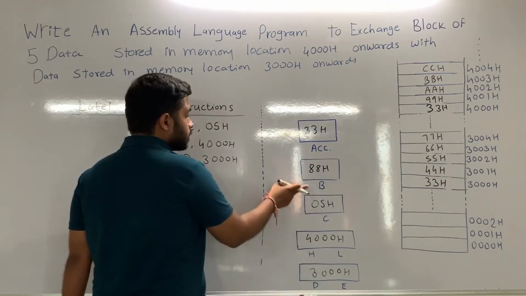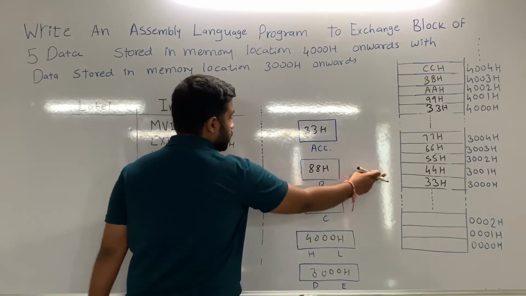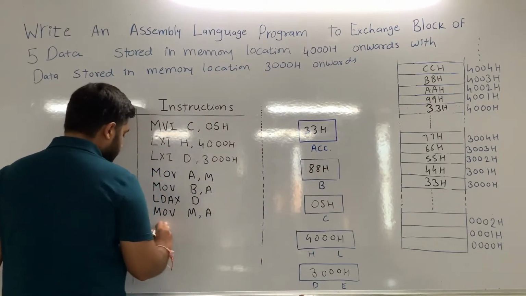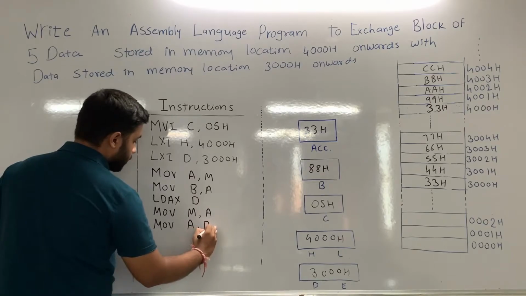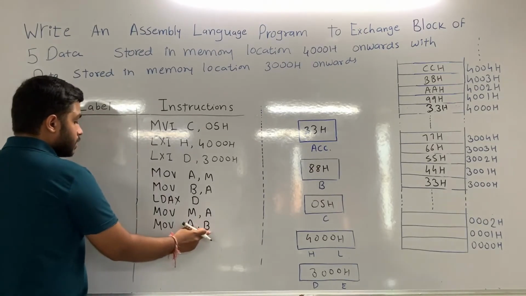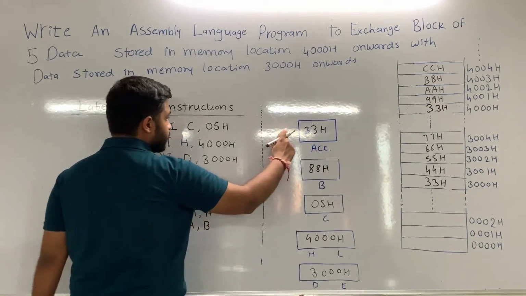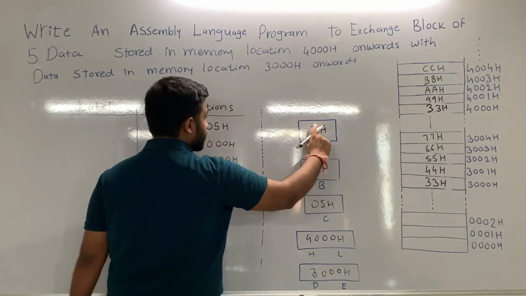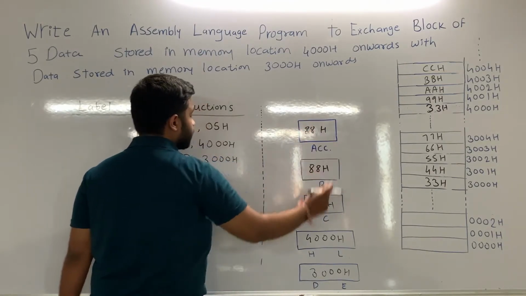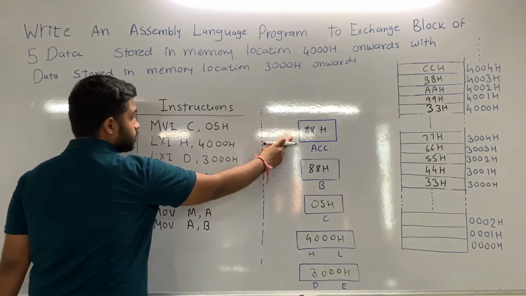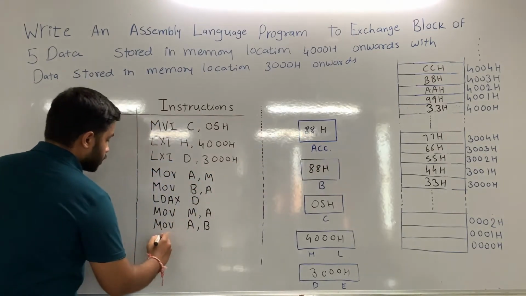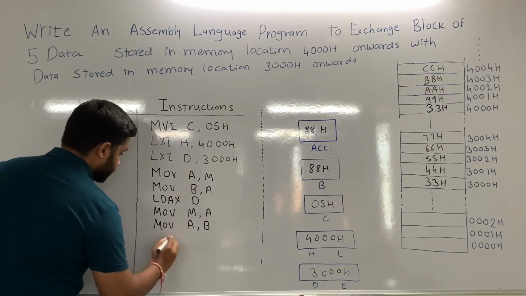Now we have to move the data which is stored in the register B to the 3000H. So let's move the data to the accumulator, MOV A comma B. It means the data which is stored in the register B will be transferred to the accumulator. So we will get here 88H. After that, we will store this data to which memory location? 3000H. So we will use the instruction